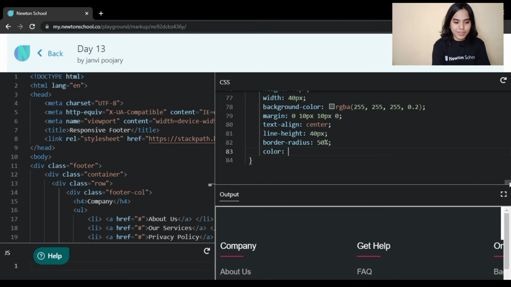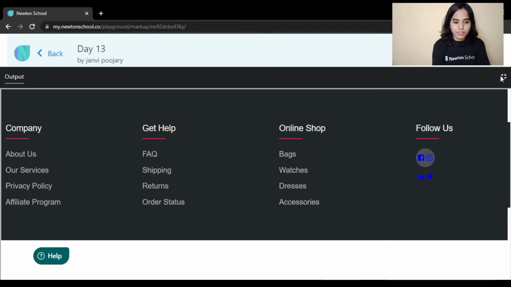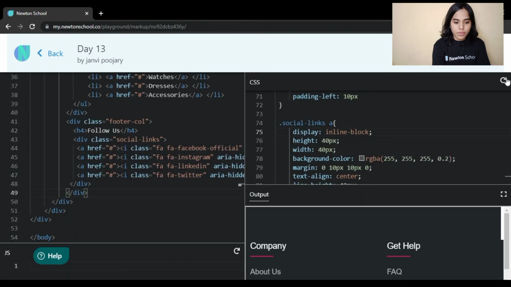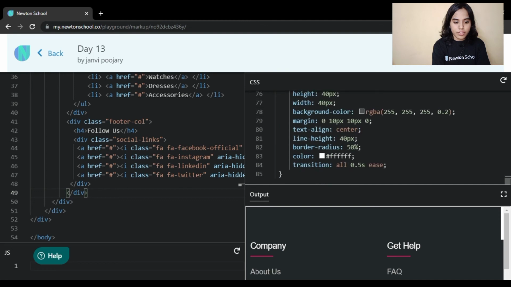But why is it not working? Okay, we have not targeted them properly. Maybe that is why they are not working.